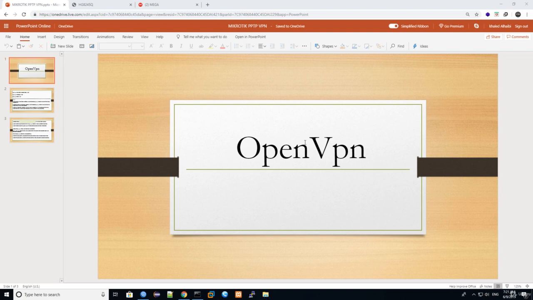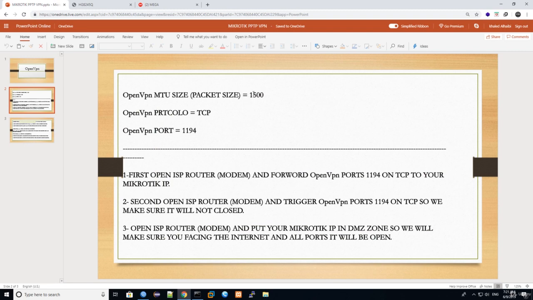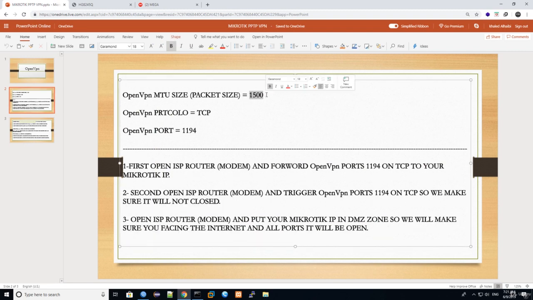In this lecture today I will explain about the OpenVPN protocol. As we said before, OpenVPN is a VPN protocol. The MTU size for the OpenVPN protocol is 1500, meaning any packet that goes out from any computer through OpenVPN will be 1500 bytes, and the OpenVPN protocol works under TCP, and the port for this protocol